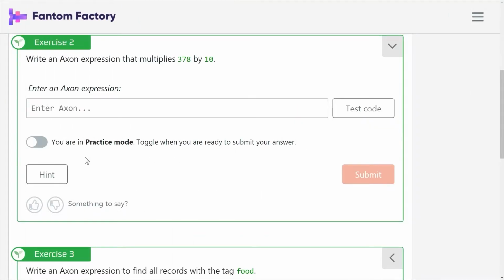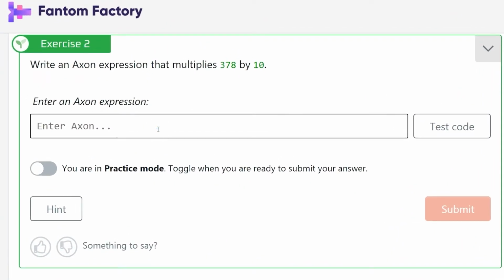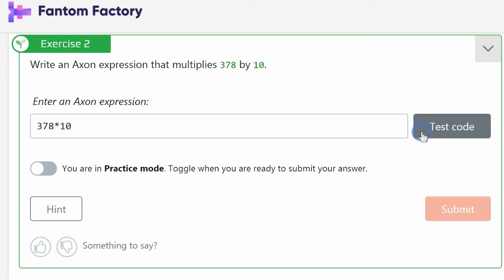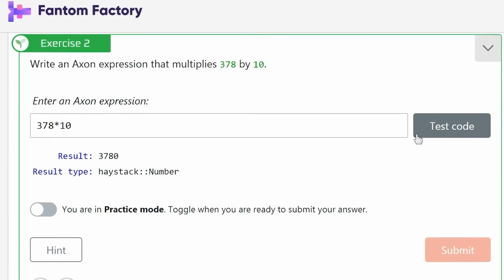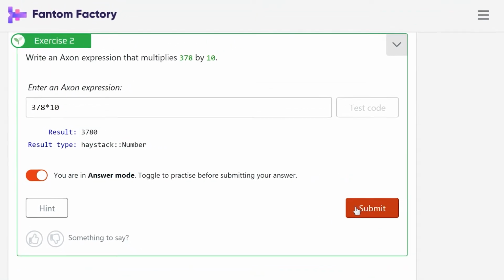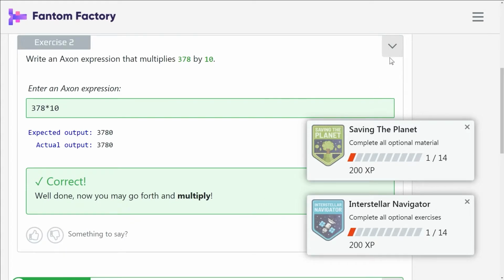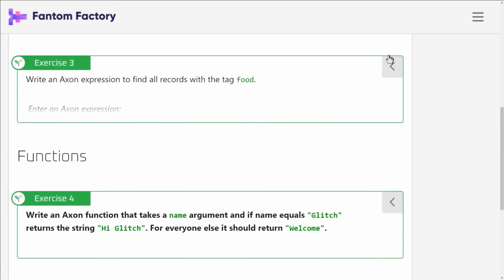We have another mathematical operation, and if we'd like some extra help, we'll check the hint first. Well, it is free. Okay, this time we're using the multiplication operator. Easy. First, we'll test our code to make sure we haven't mistyped anything. We can confidently now submit our answer. Fantastic, we got one!